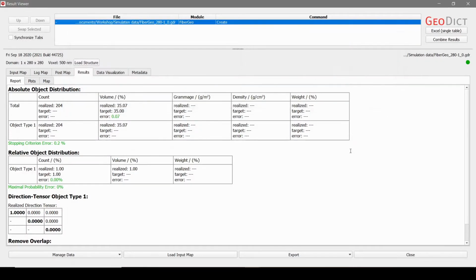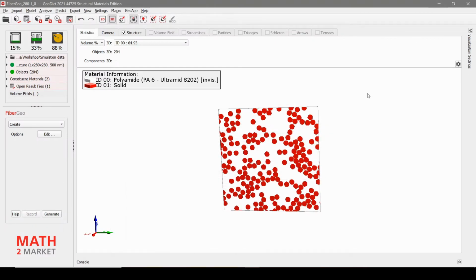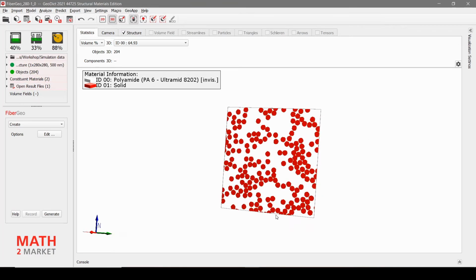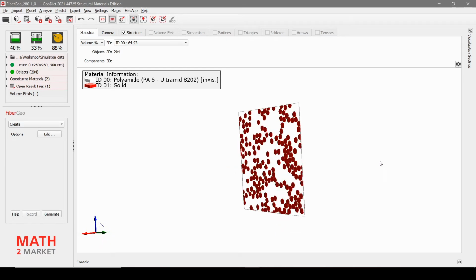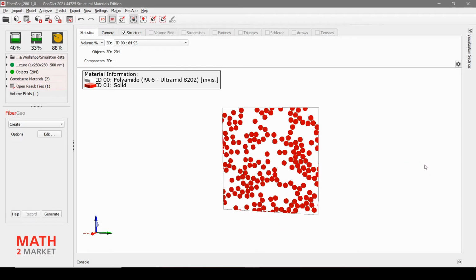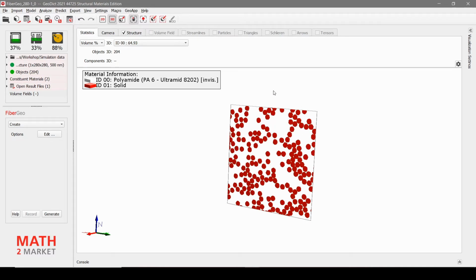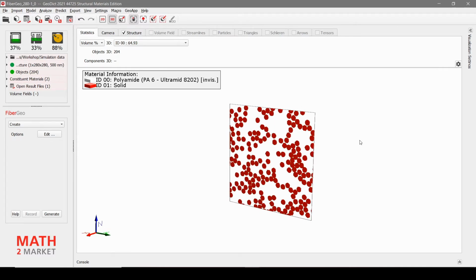So that's a really quick structure generation because the structure is so small in x direction. And you can see the structure now. So we have like one slice of our structure with endless fibers. And if you remember, I explained to you that if we use periodic boundary conditions, it is as if the structure was repeated on all sides. So in this case, it is as if the structure was repeated in x direction endlessly. And by that, we again have endless fibers in our simulation without needing to model them. And that saves a lot of runtime.